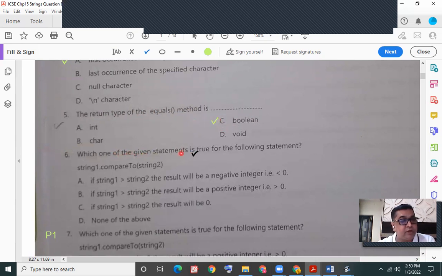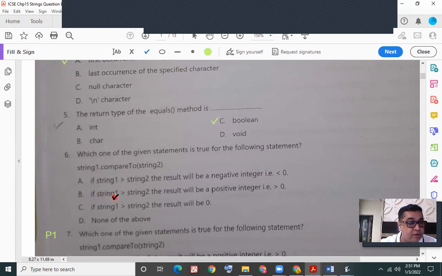Which one of the given statements is true for the following? string1.compareTo(string2). A, if string 1 is greater than string 2, the result will be a negative integer.